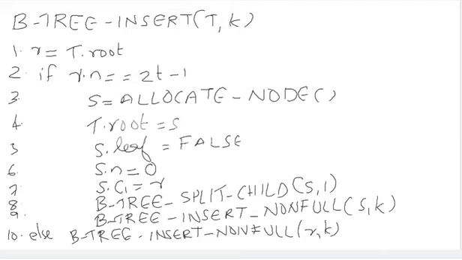Now we have two nodes, which means R is split into two nodes, and we are trying to insert into that. For that, B-Tree-Insert of S comma K. S is again the entire tree, comma K. Now else, S is actually the node, the root node. Then else B-Tree-Insert-Nonfull of R comma K. Else means R is not a full node. In that case, you can directly invoke the B-Tree-Insert-Nonfull procedure, supplying R and K.